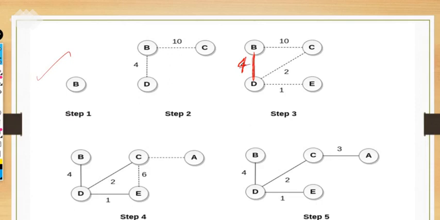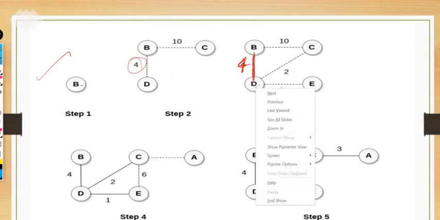You have to add this particular edge weight, right? Why? Because we first choose a vertex, then we have to find the adjacent vertices. Among those adjacent vertices, we look for the minimum weight. This one is the minimum, so we have to consider it in the minimum spanning tree.